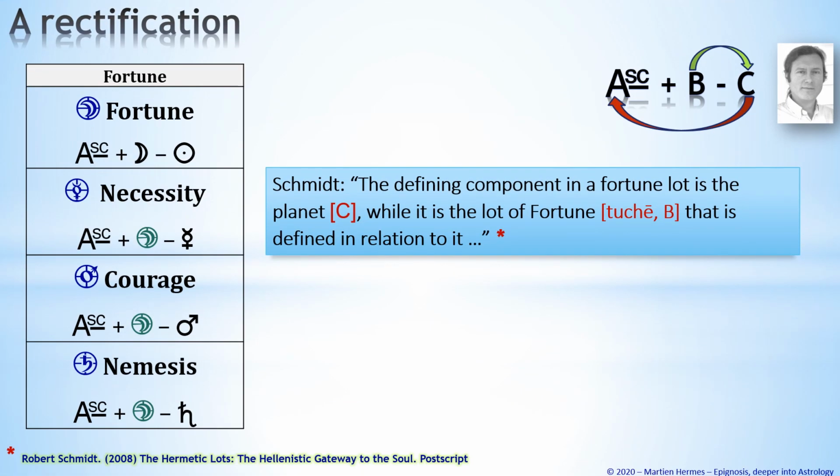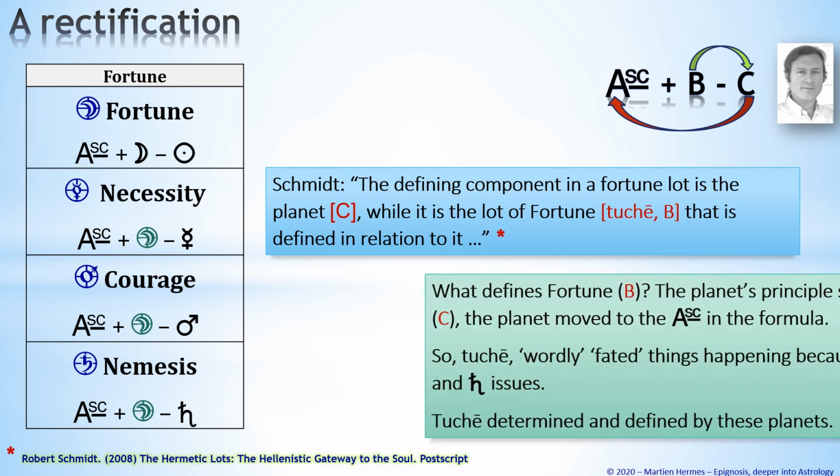I found the rectification as used for the fortune lots more convincing, as I will explain in this slide. Schmidt said the defining component in a fortune lot is the planet C, while it is the lot of fortune, Tuche B, that gets defined in relation to it. And that makes more sense to me as opposed to the diamond lots, because that was the struggle I was having. I found this one more convincing